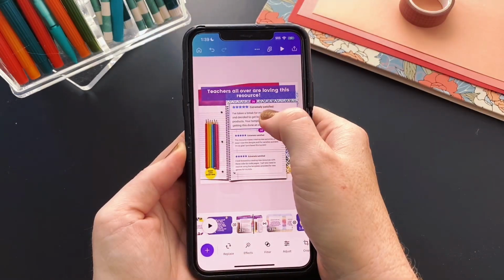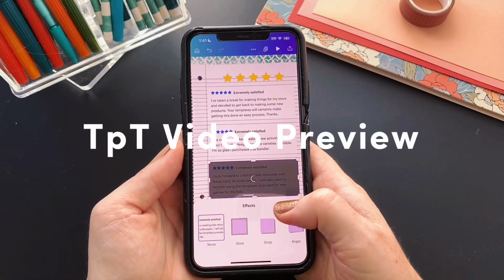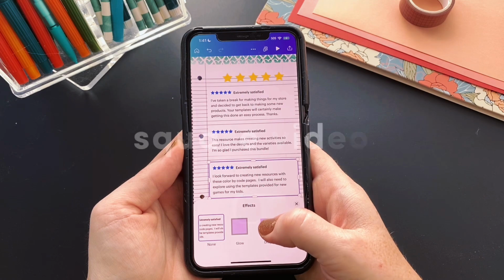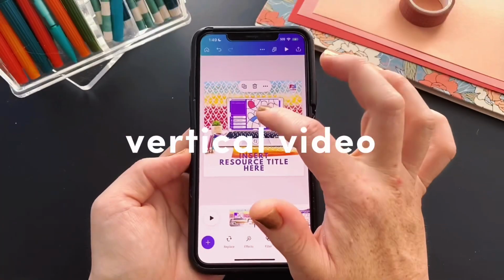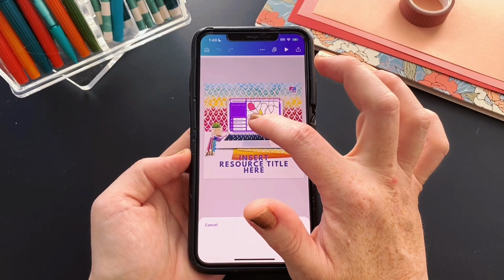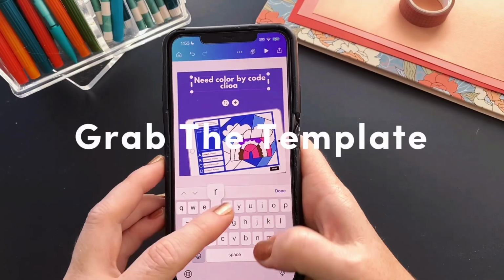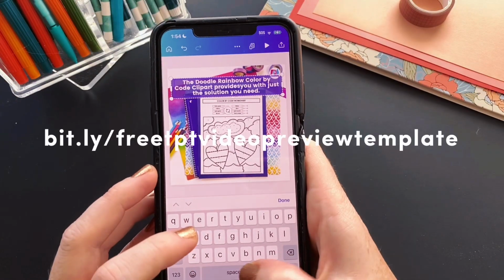I'm going to share with you how to use a Canva template of mine to make a TpT video preview. You can also just use this for any square video or resize it for vertical video as well to promote a digital product. You'll want to grab the template first by going to this link,